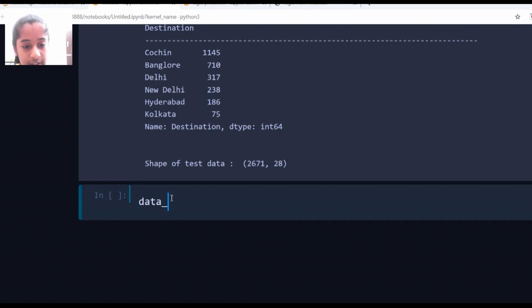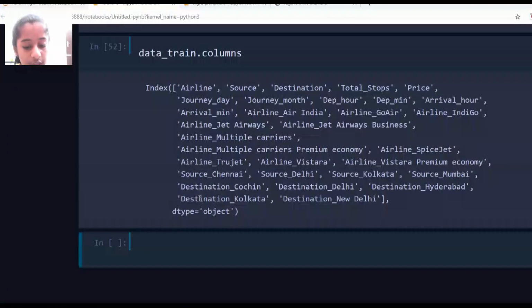And now let me get the train data columns. So these are all the columns that are there in the train data. So I'm gonna store it inside the X value. So I'm gonna say data_train.loc